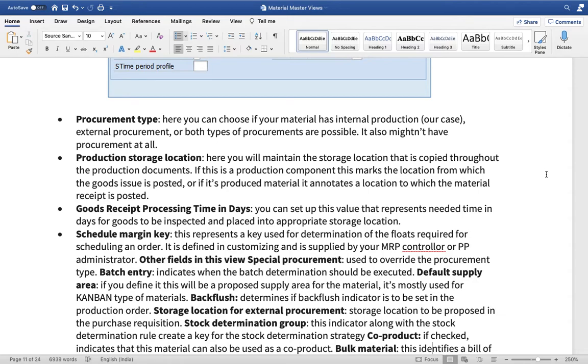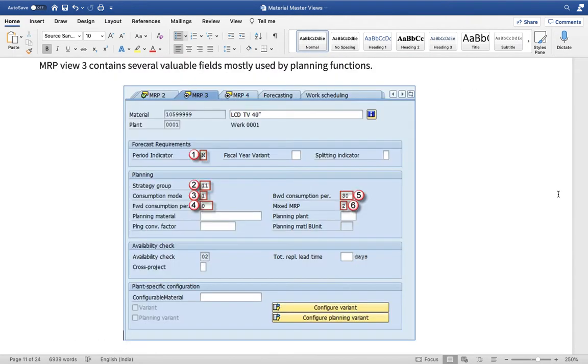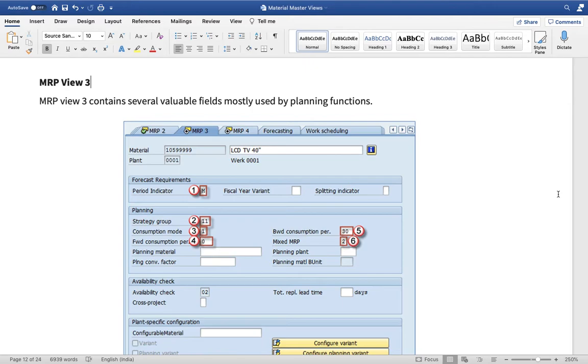So those backflush data you can mention here. So you can see these views are extremely critical, and we need to give attention to all these views, which will be important for us to handle. We will come to the MRP view 3.